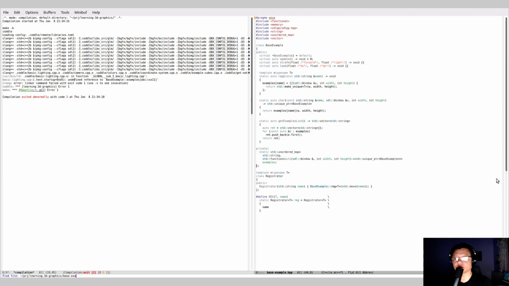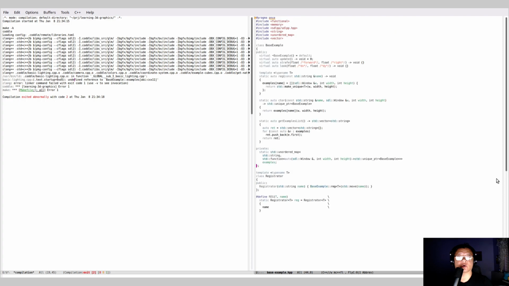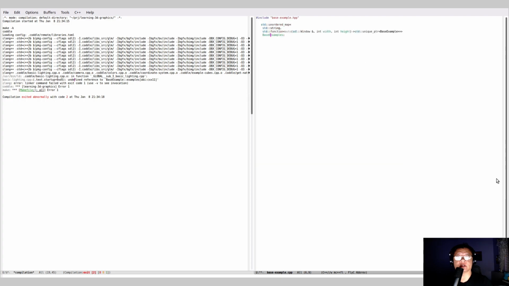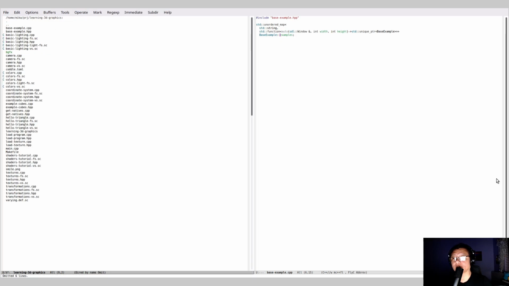Base example.cpp include example.hpp, and we need to get that thing, base example. Yep, so it's compiled. Now let's go to main and